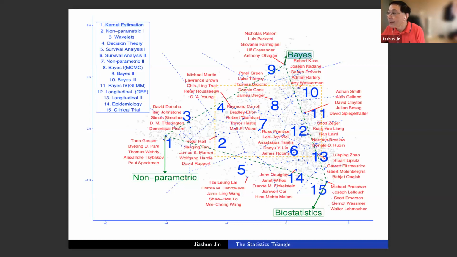And this group is also very interesting. If you look at them carefully, they are actually a whole bunch of physicists. They're not statisticians, they're physicists. Why does that happen? Because in the 1990s there was a hot area, Bayesian computation, or you can call it early machine learning, or Monte Carlo Markov chain. There's a very important notion called annealing. Annealing in physics is like you have a piece of metal, you heat it to like 10,000 degrees, then you bring the temperature down by putting the metal in water.